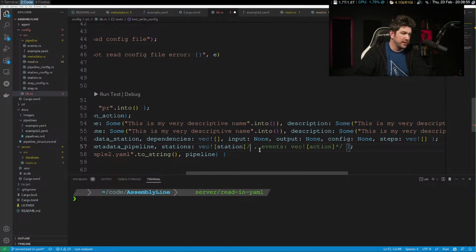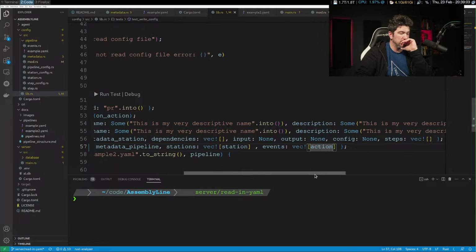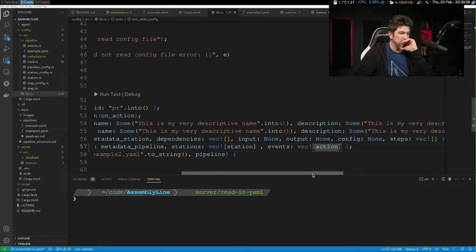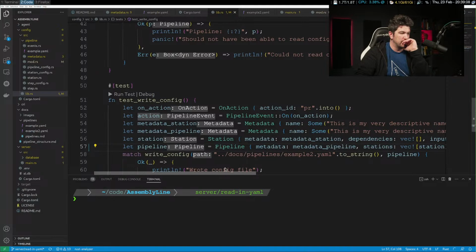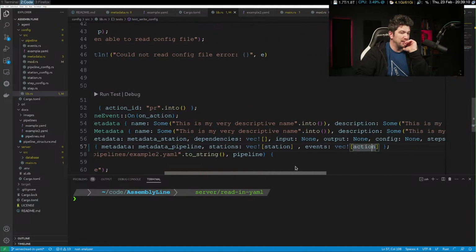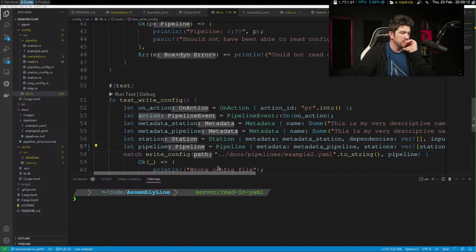Let's uncomment this. This is what I was thinking we would have here. We build a vector of actions. And this, well, I mean, it's actually just one action. Oh no, we need event.